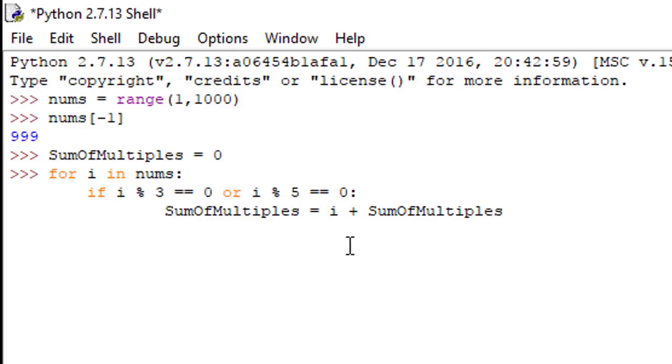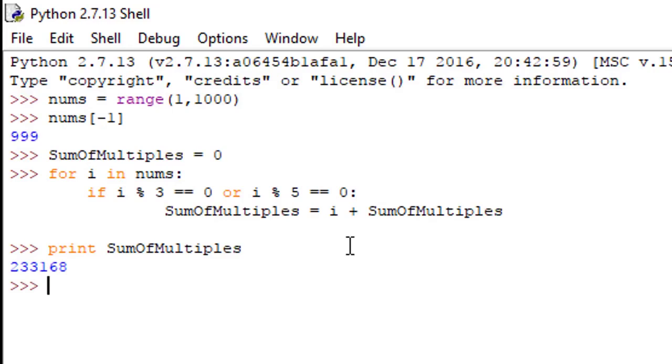So let's run this and see where we have got. Now let's print the variable sum_of_multiples and see what its value is. So yeah, we have got the value